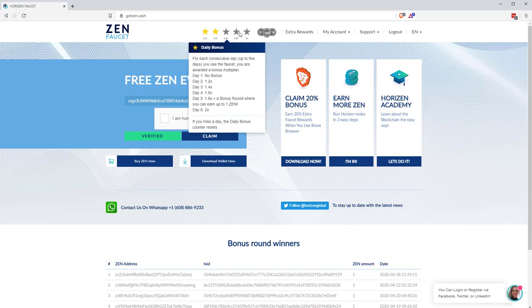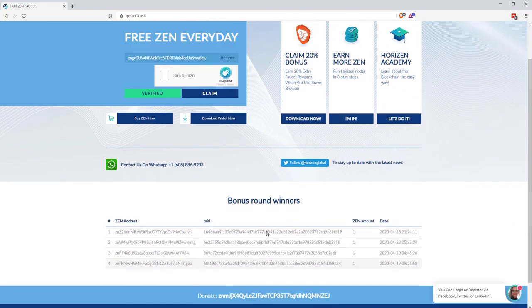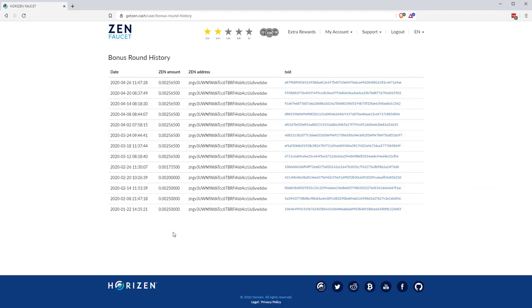Now on the 5th day, where you're getting 1.8 times, you can also click this. This is a bonus round. So you click here and it's kind of like a slot machine basically. So you can earn one of 3 different amounts, and you can see here these are all the bonus round winners. Now we can go back and check all our history. If we go to the bonus round history here, you can see normally you get